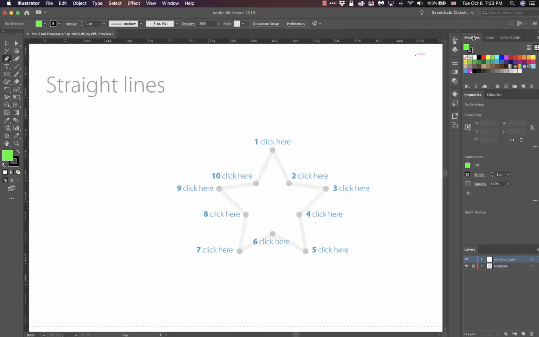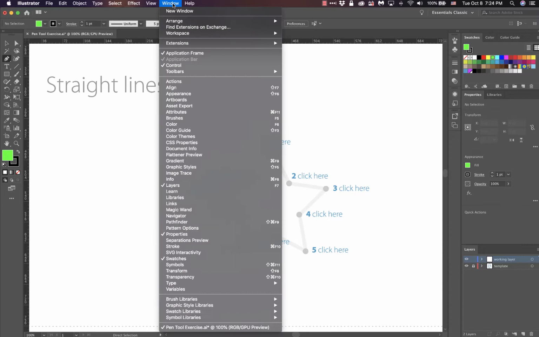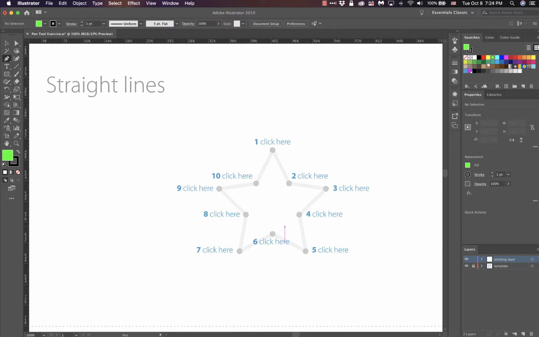By the way, if you folks don't have swatches up and you wanted to get the swatches up, just come up to Window, down to Swatches, click on that, and you can put your swatches panel wherever you want. I usually tend to put it up at the top here. Click on the fill. You can click on either box to bring it to the forefront,